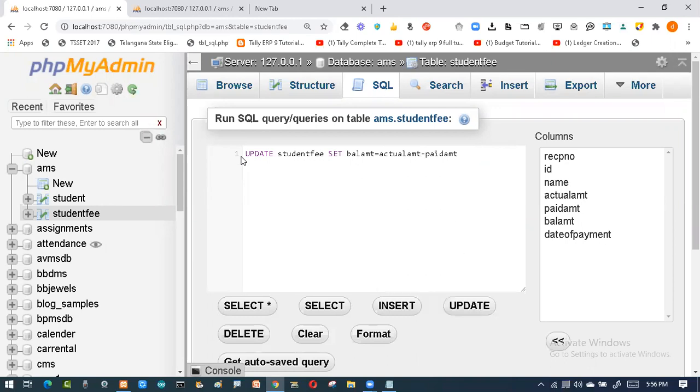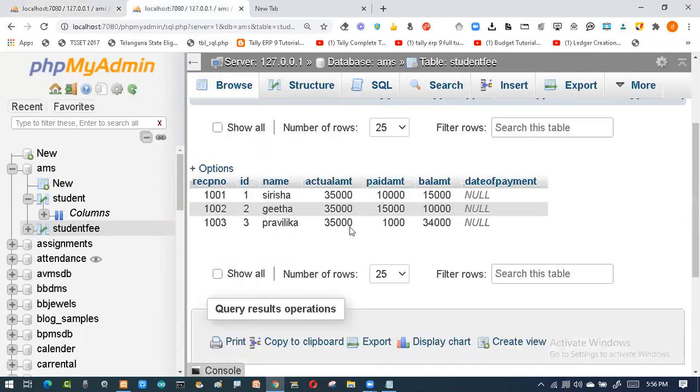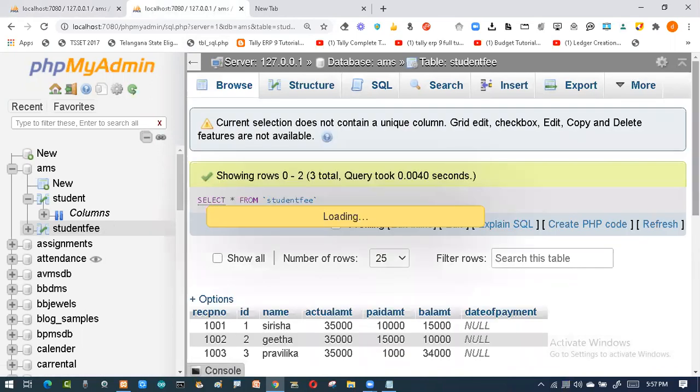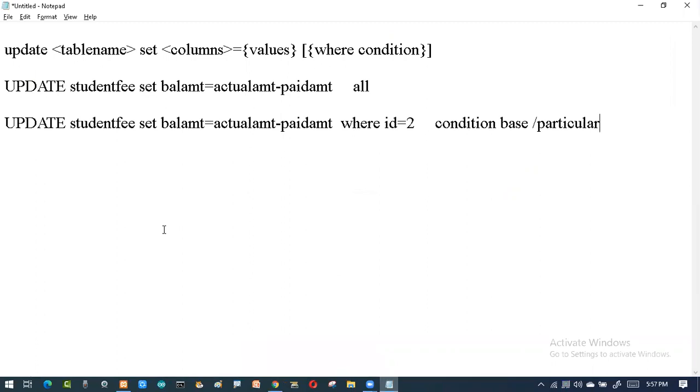Then I'll just run it because this is for all. Scenarios depend. You can see two rows were affected because they were already calculated, so no need to go for that. It will go for the three amounts, and automatically it has changed. Now you can see 35,000 minus 10,000 is 25,000, and 35,000 minus 15,000 is 20,000, and this one is common. So this is how I use the update command. Any doubt regarding this?